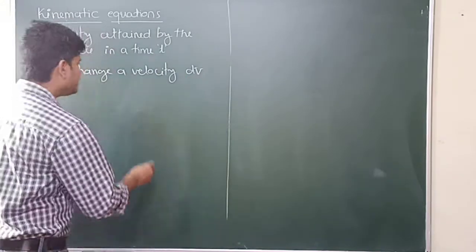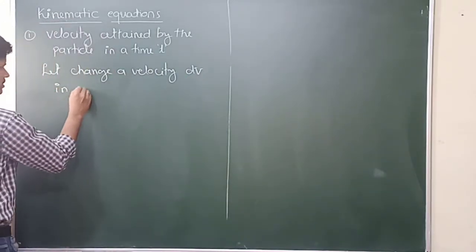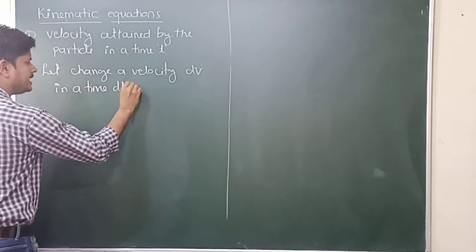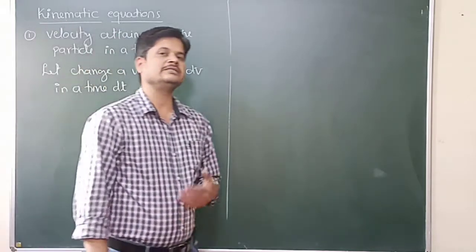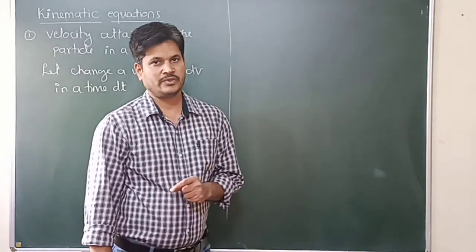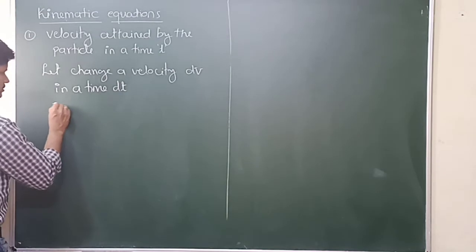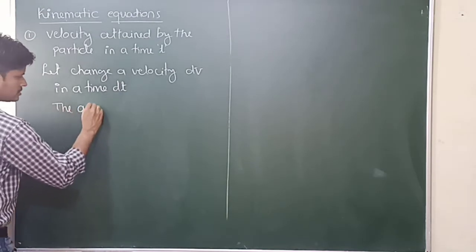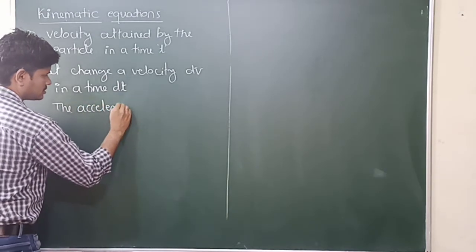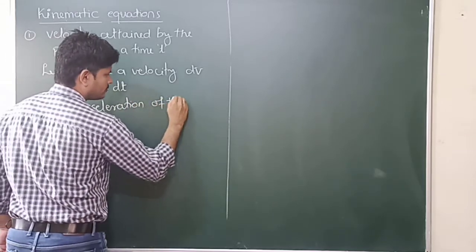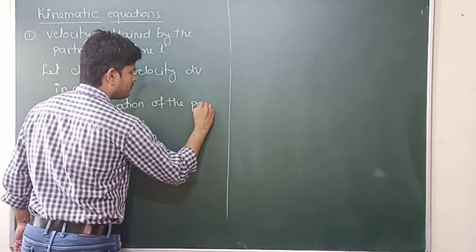Change in the velocity in a time dt. That dt is the change in the time. Now the constant acceleration of the particle